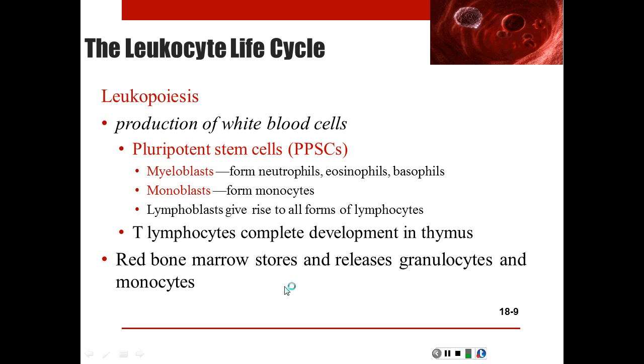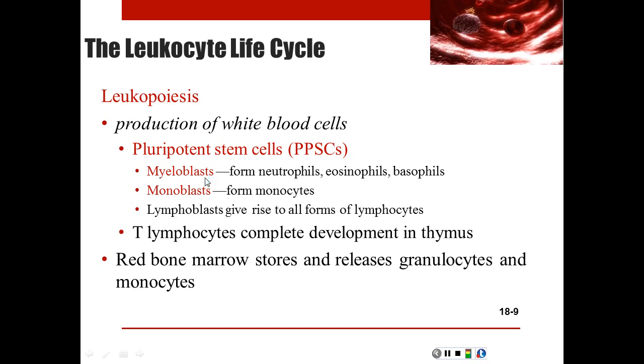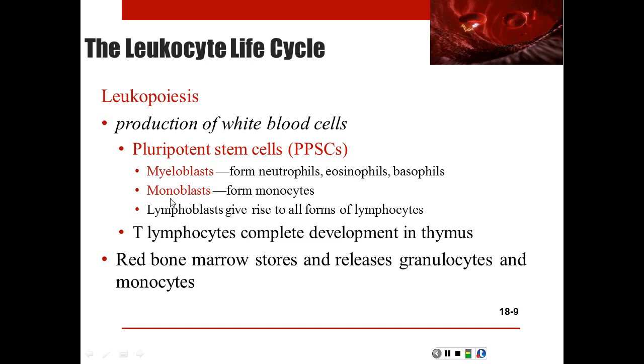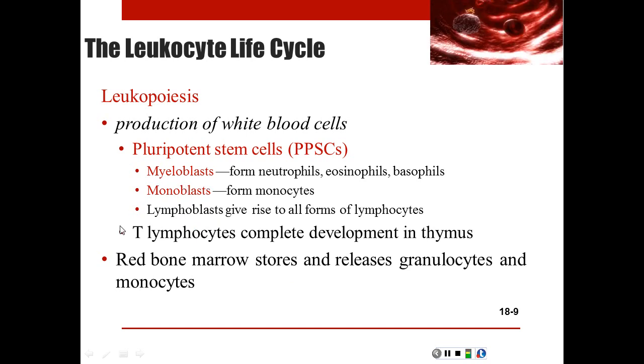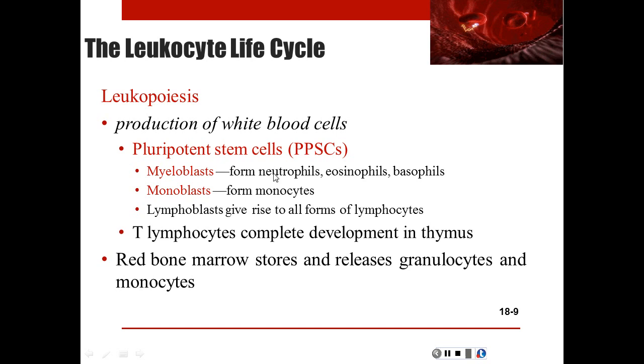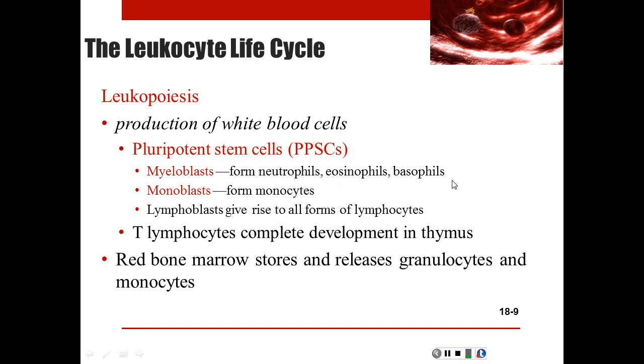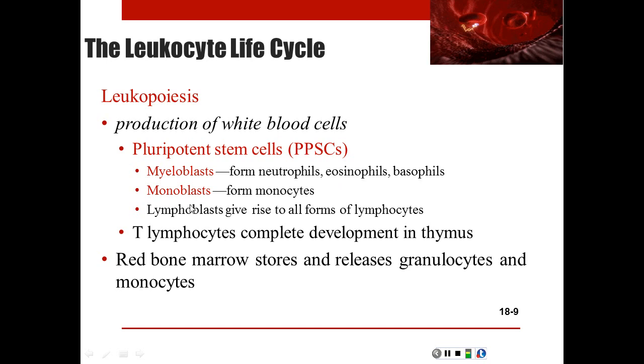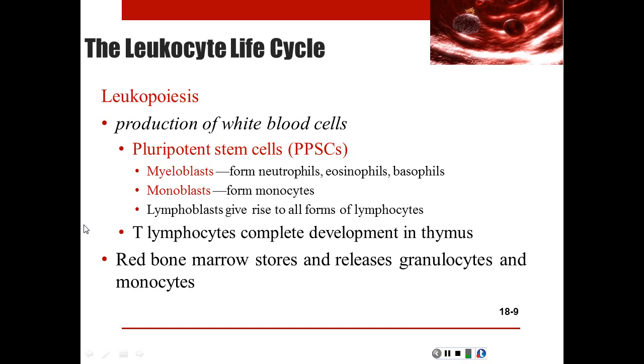We have our myeloblasts, our monoblasts, and our lymphoblasts. Our myeloblasts ultimately differentiate into 3 types of granulocytes, which are our neutrophils, eosinophils, and basophils. Then our monoblasts form the monocytes, and our lymphoblasts give rise to